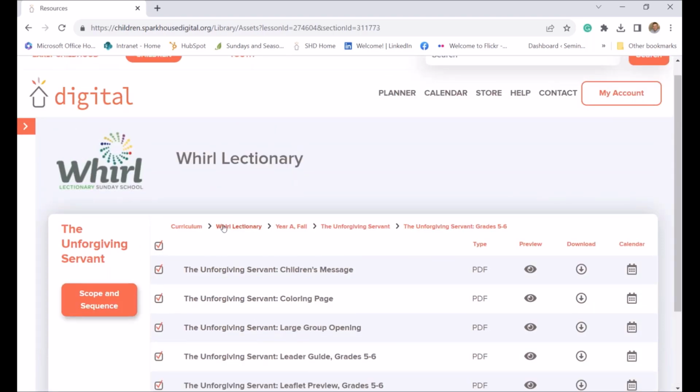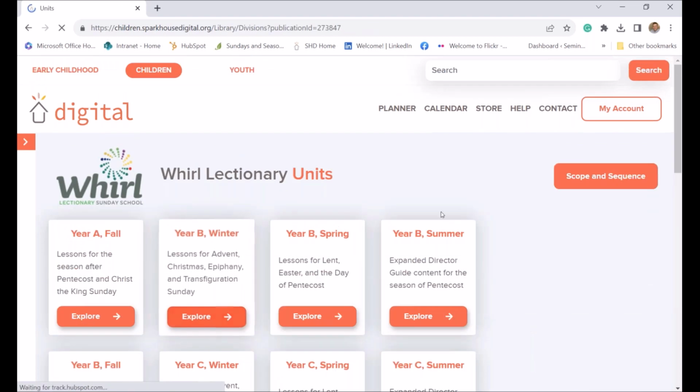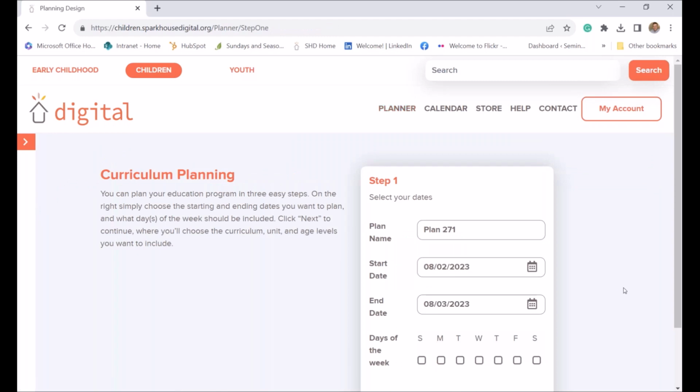So I'm going to go back to Whirl Lectioneering. I'm going to do the planner here just because I think it's a very powerful tool, especially now. Here we are in August. Maybe you're thinking about your whole year coming up here, and so you can plan for any day of the week. Maybe we'll say Sunday school fall